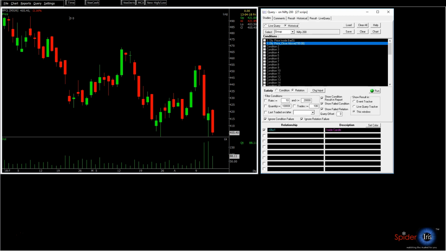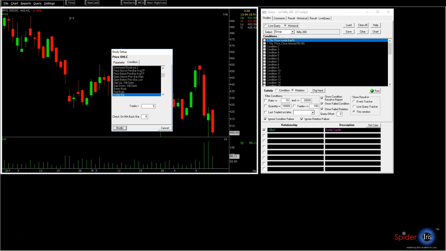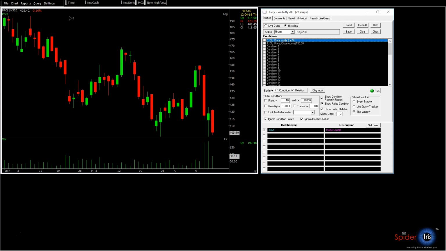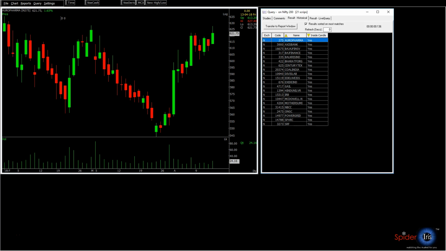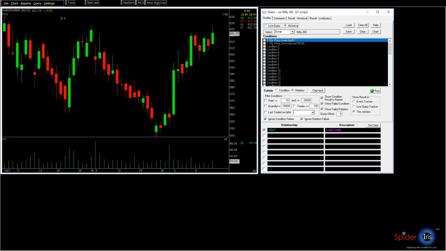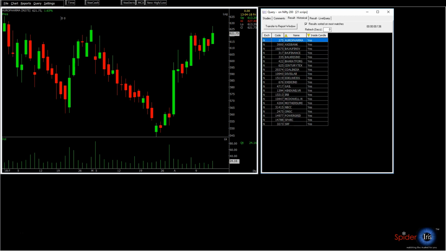Let me go ahead and make some changes here to show you more examples. So I'm going to select inside candle which has formed on, I would say, 12th. I'm going to change this parameter. So these were the stocks which have formed an inside candle on 12th, right? These were the stocks. I can go and change the parameter to show me the list of candles because